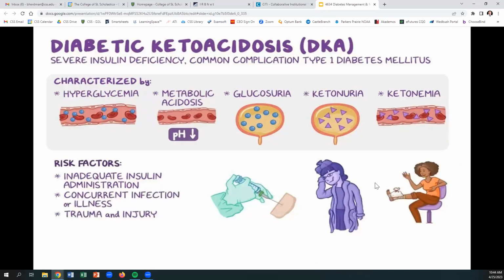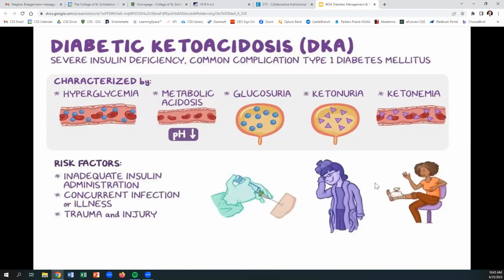But it is characterized by hyperglycemia, which is high blood sugar. Anytime there's a high sugar content, we're going to have some metabolic acidosis. There is so much sugar that the kidneys cannot filter it all out. And so you're going to have glucosuria, which is sugar in the pee, right? And then we're also going to have